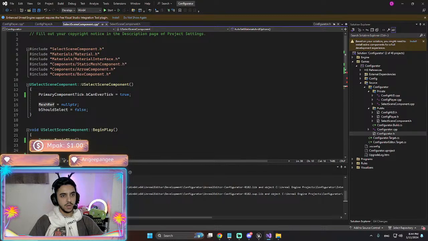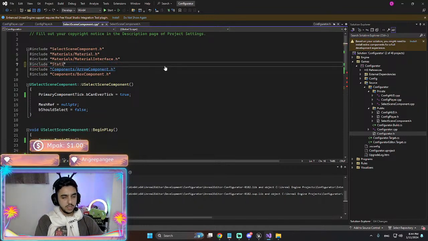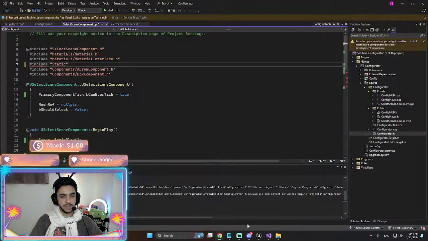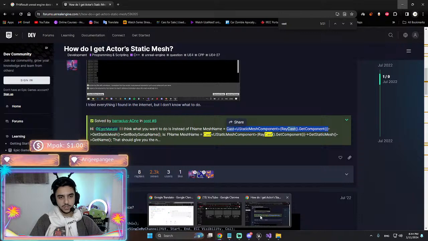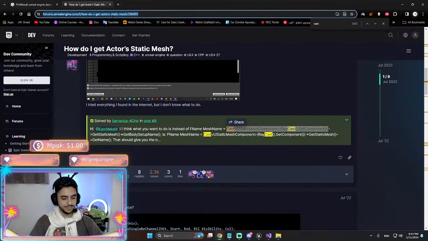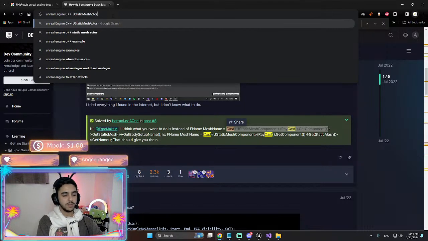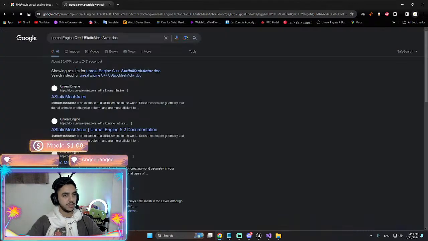And then I'm gonna go up here. We have a static mesh. Was it in? We have to go to docs again. Unreal Engine C++, use static mesh actor, doc.